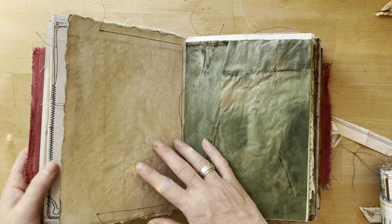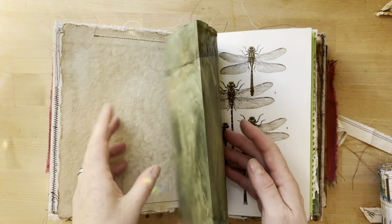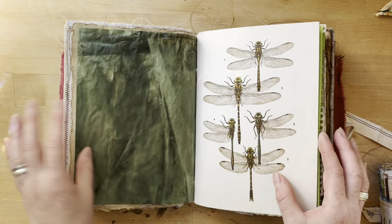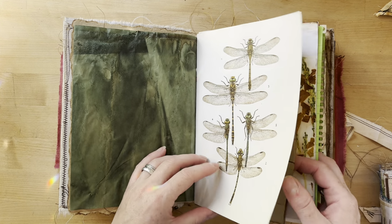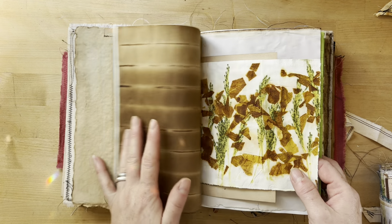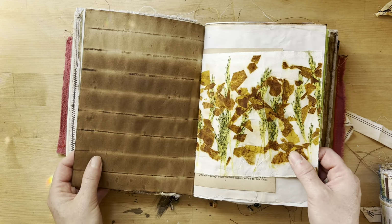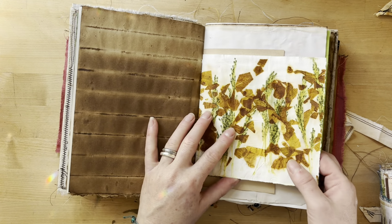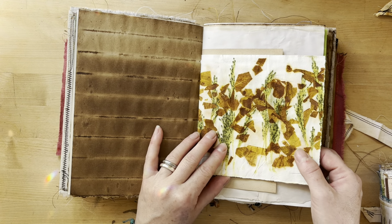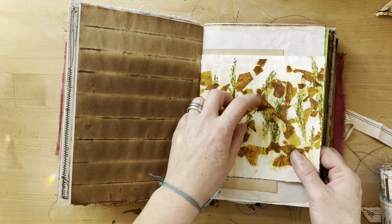Here is a little toque. Glassine paper, hand dyed. Beautiful dragonfly page. Graph paper, quite nice and thick. I got that in Czech Republic too. It seems to be better quality than what I can get here. Eco print with Phragmites and onion skins